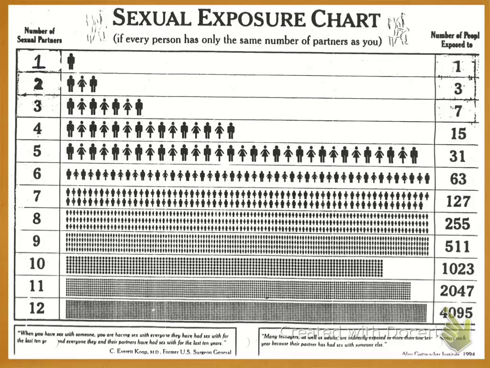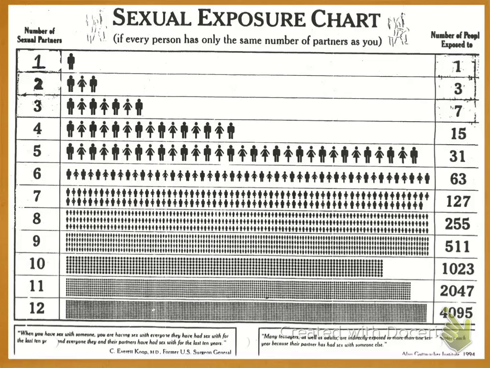You can look right here. If you had, and this is over a period of time, not all at once, I'm just saying, 4 people who had unprotected sex with 4 people, and you had sex with them unprotected, then you basically have exposed yourself to 15 people. And my question to you is this. Do you know those people? Because that unprotected exposure passes down from all these people before you to the person that you just had unprotected sex with.